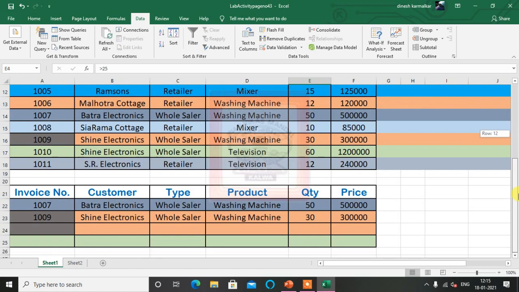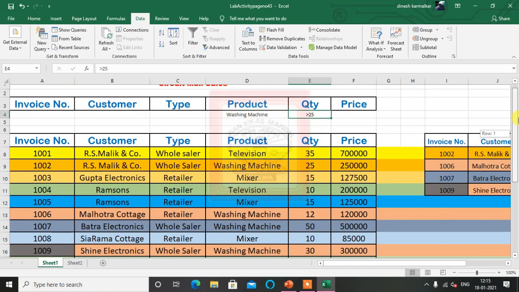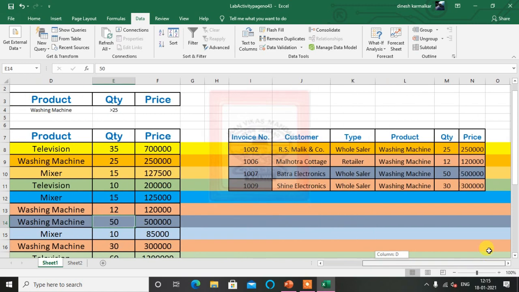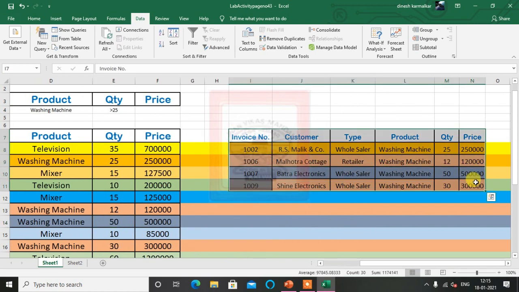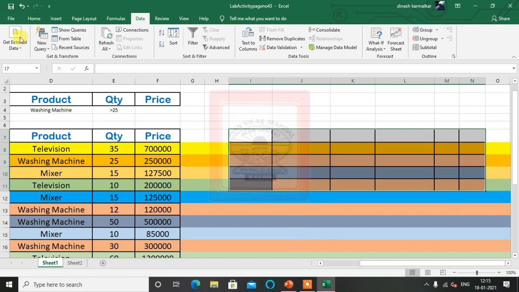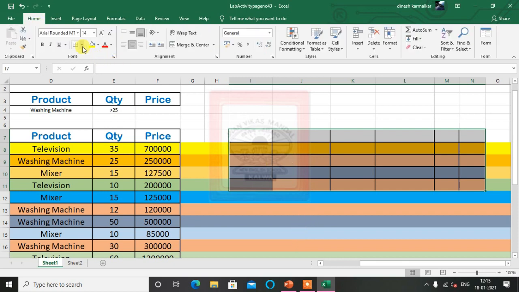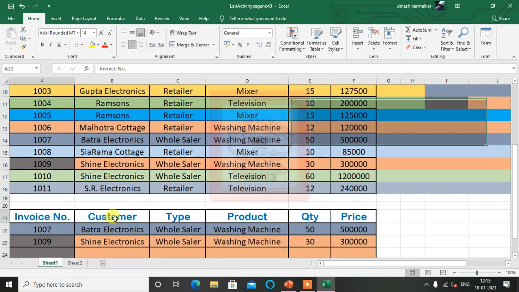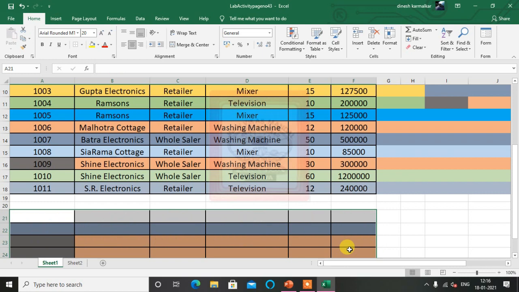So I am getting it very easily, and 2 records only for washing machine. So this way we can do it here. Now let's delete all this. These are not needed.